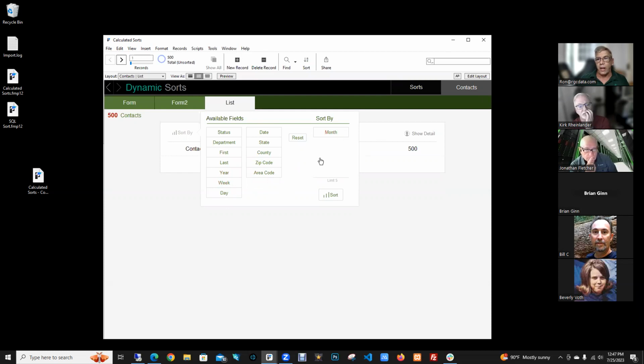normally to sort by month, you'd have to create a field in the table, like a calculation field, that gets the month of the year so that you can sort by the month of the year. And that would be a number. But then you'd have to use another field to display, or some kind of calculation to display what month name you're sorting by. So in this case, what I've done is